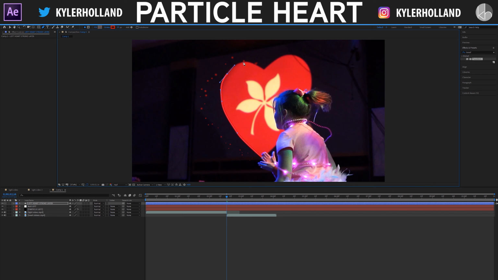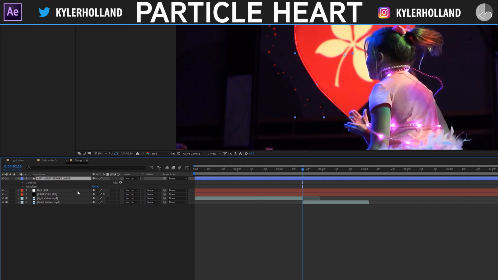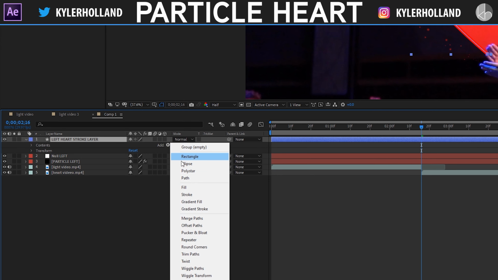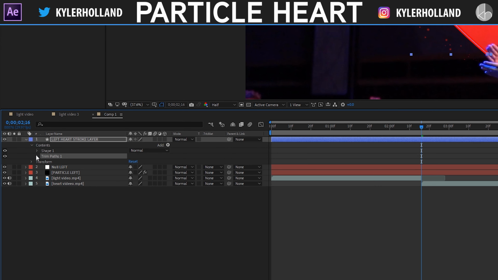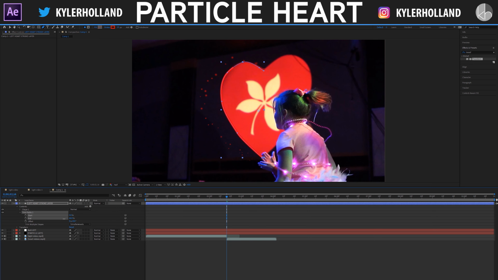And just try to get this as close as you can to your heart, and then finish it off at the bottom right there. Again, you can click on these and adjust them as needed. Click this arrow and go into our shape layer and select add, and then go to trim paths. Open up trim paths, and you'll notice that if we change the end percentage, we can start to create this